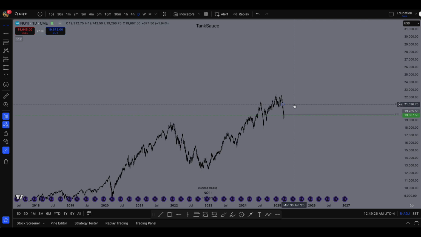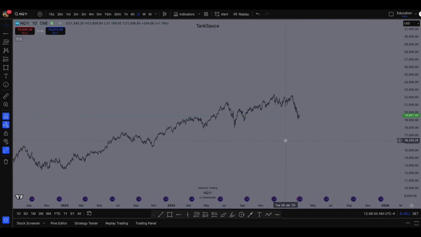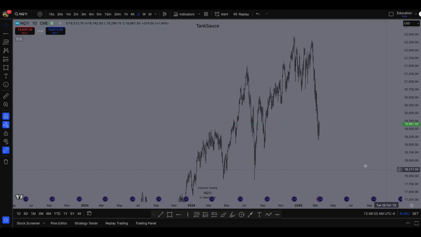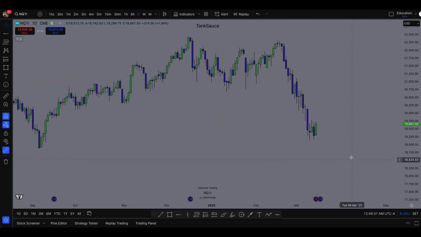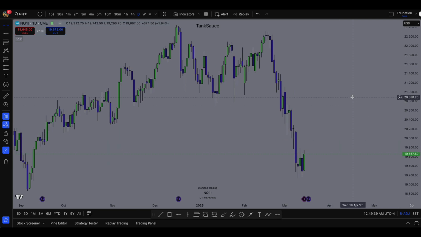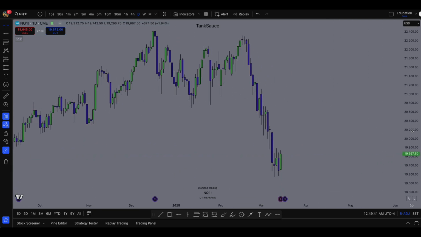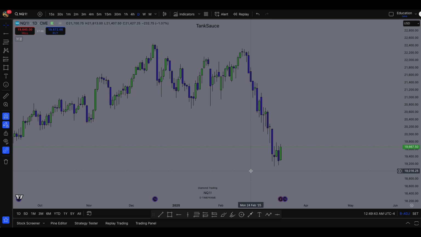So we use these levels of liquidity because that is what price is drawn towards, and that is what you can trade from, right? After it takes those, you can form really good trades, right? So remember, price is doing two things in the market. It's seeking liquidity in the form of old highs and old lows,